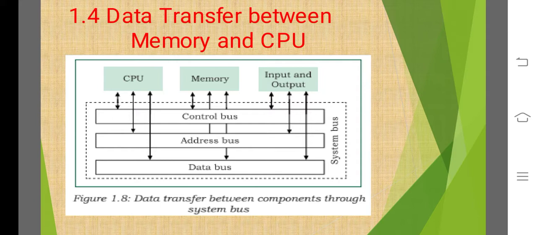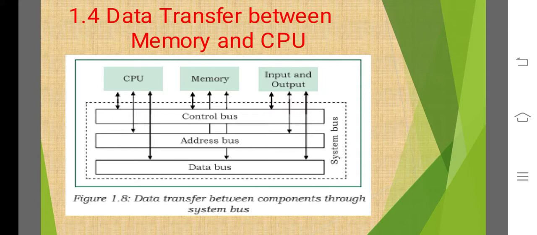As the CPU interacts directly with the main memory, any data entered from input or the data to be accessed from hard disk needs to be placed in the main memory for further processing. The data is then transferred between CPU and main memory using these buses. CPU places on the address bus the address of the main memory location from which it wants to read or to write data. While executing the instruction, the CPU sends a read or write control signal through the control bus. Similarly, the CPU requires to read the data from main memory or write data to main memory.